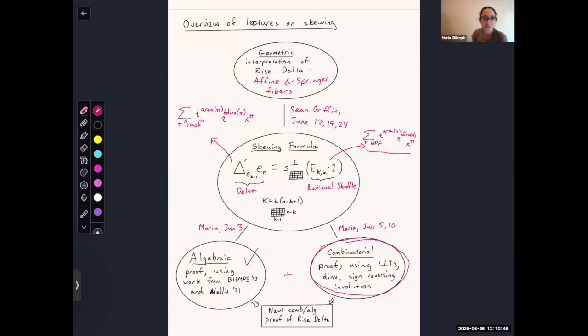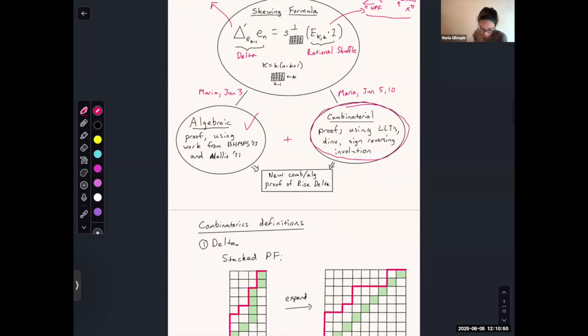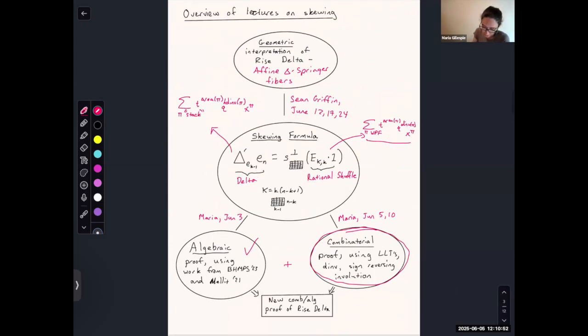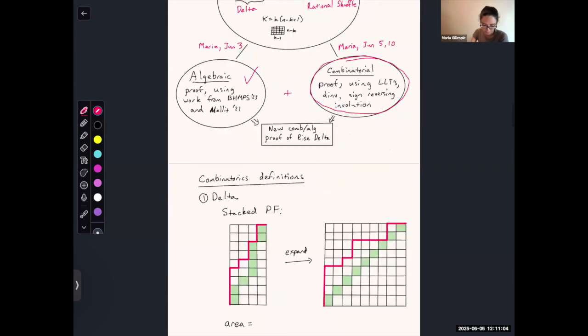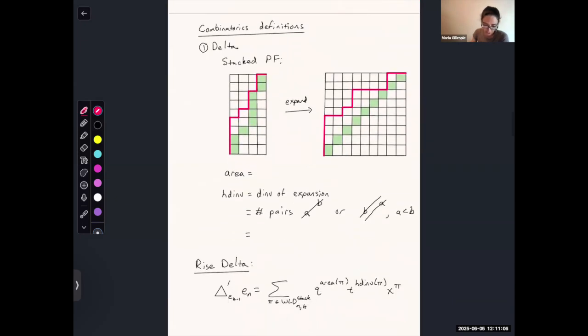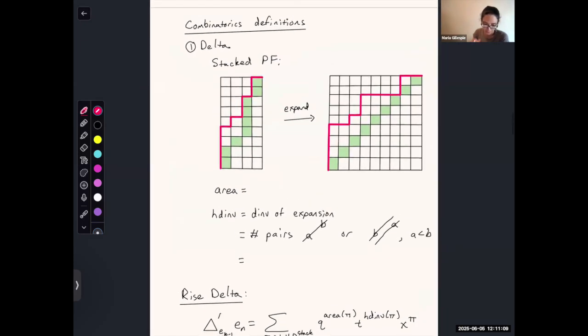So we're going to focus on the combinatorial proof here. What we need to do is define these two formulas for the rational shuffle and delta polynomials that I hinted at in the first lecture. This will be the actual first definition I give of these two sides of the equation, so now you'll be able to actually calculate with them. The combinatorial definitions, which really come from the Rise delta theorem for the delta polynomials,